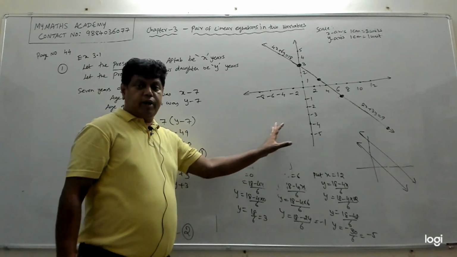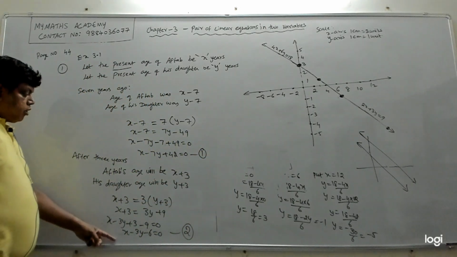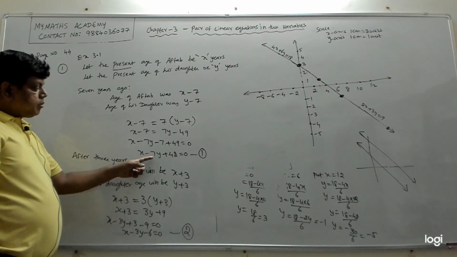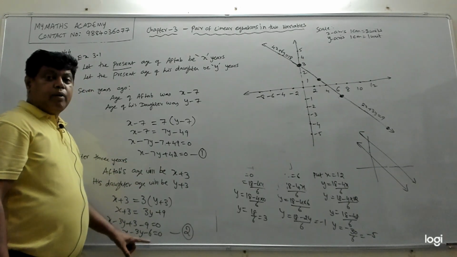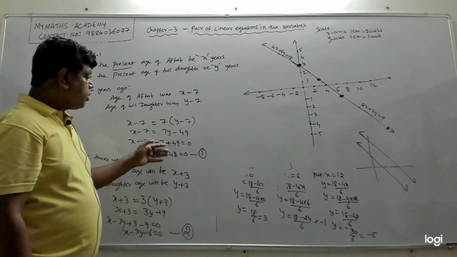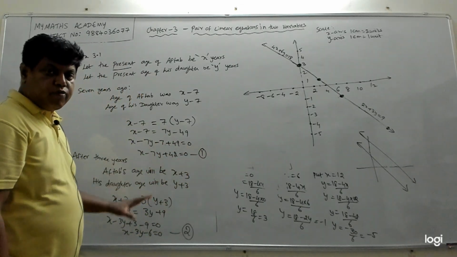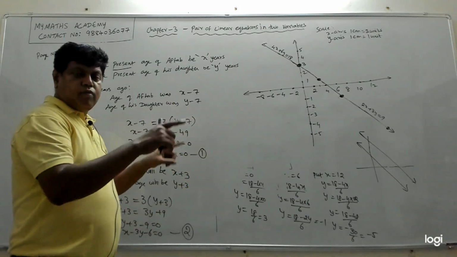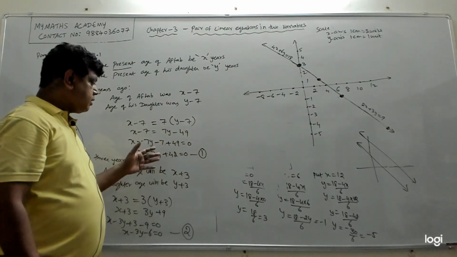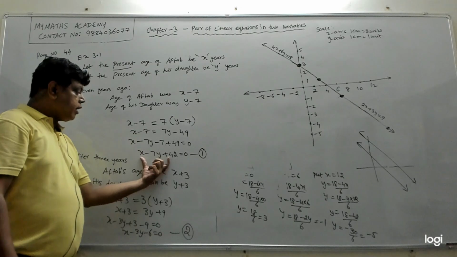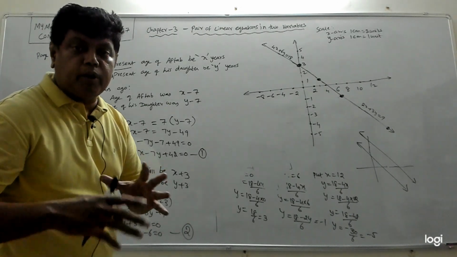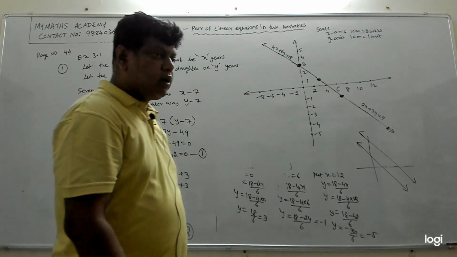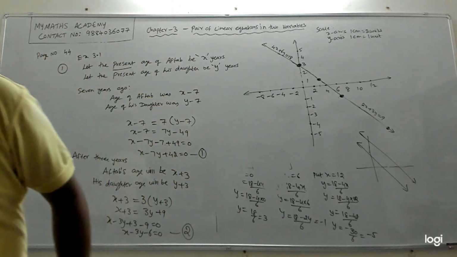I assume you can take the graph sheet and draw the graph for these two equations: x minus 7y plus 42 equal to 0 and x minus 3y minus 6 equal to 0. I assume you can draw the graph for these two, like however we did. You put the box, put different values for x, find different values for y. Here you have to write one variable in terms of the other. I'll just give you a small hint and then you can do that.